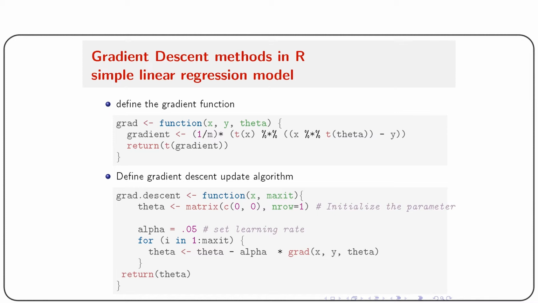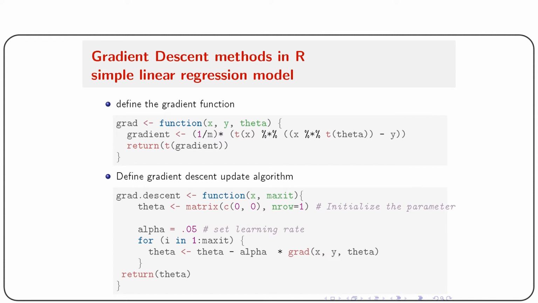So this equation I already discussed before, and then I define the gradient descent update algorithm. The actual algorithm can be defined here. Here also I am defining a function for the update. So grad.descent equals function, the arguments that I am passing are x and max.iter, and then theta